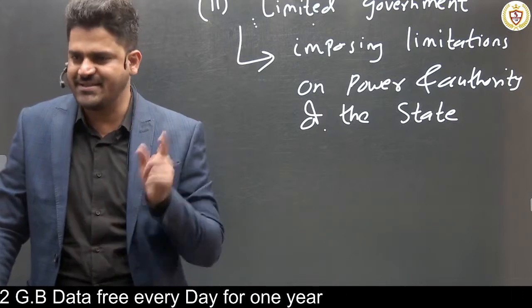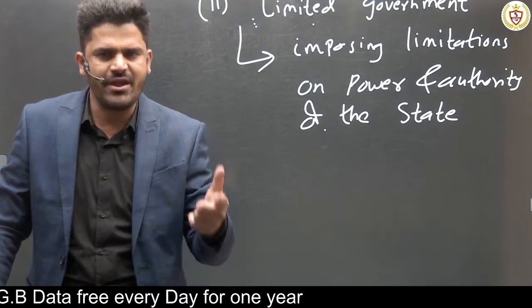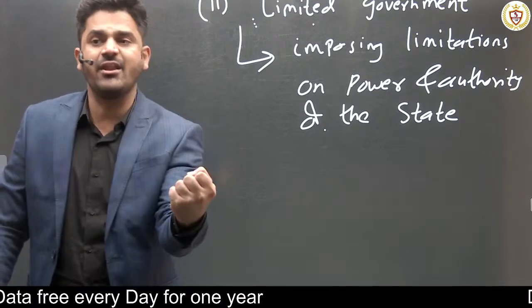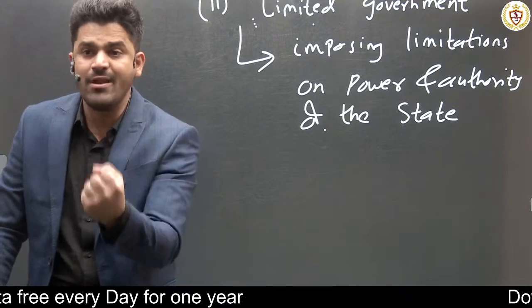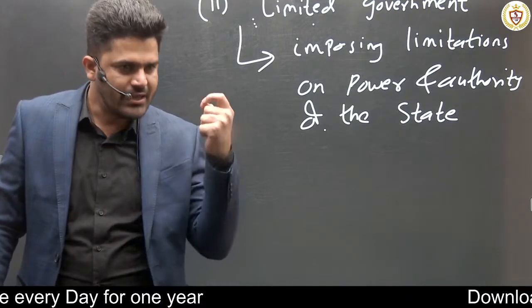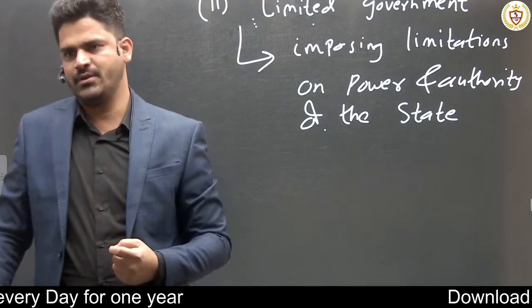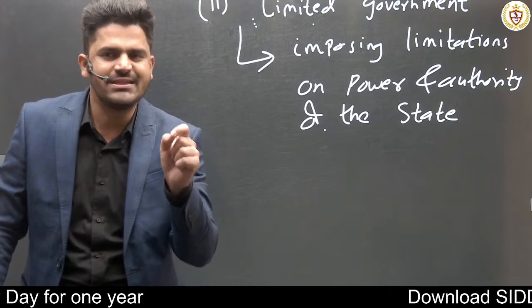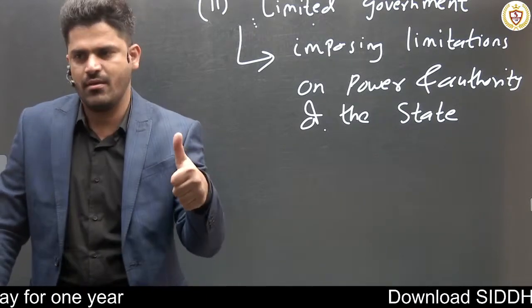And if the government exercises its power in an arbitrary and whimsical manner, then that government will become an authoritarian government. That rule will be despotic rule. So the aim of fundamental rights is to prevent the government from using its power in an arbitrary and whimsical